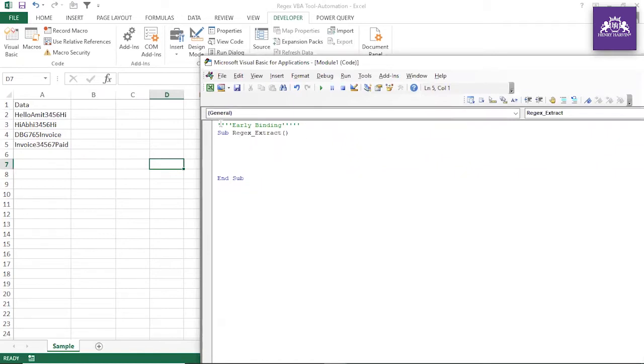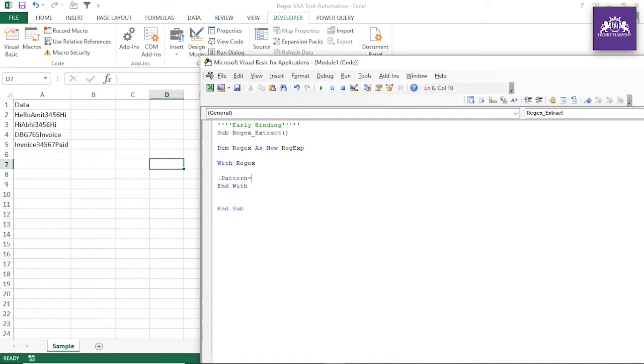Since we are doing this through early binding, we have to define Dim regex As New RegExp. See that? This is the benefit of early binding: you can have all the data types and all the things available with you. So now this is one line which will actually generate the magic. You can put Dim regex as New RegExp, and you can put Control C with regex, and then End With. Here you can put dot Pattern.